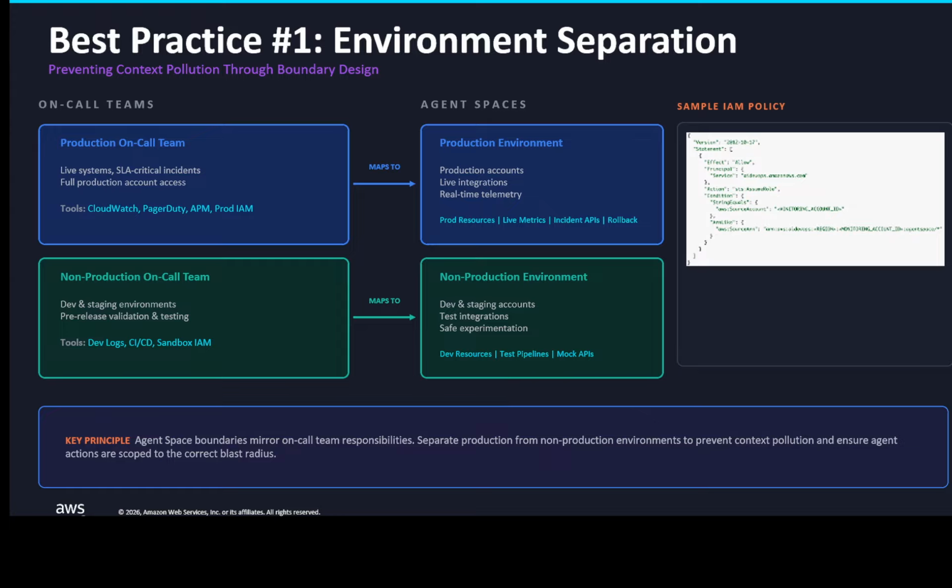Production maps to the production agent space with a production-scoped IAM, and non-prod maps to a separate space. The IAM policy on the right shows how to use the resource tag and enforce the boundary. So this allows you to have isolation between agent spaces. Suppose production is only used for production investigations, and non-production is used for all non-production activity, right? So there's no mix-match happening. It allows you to keep things isolated between